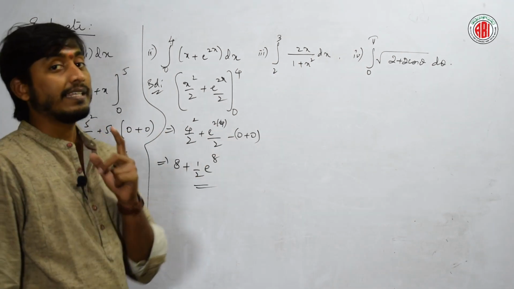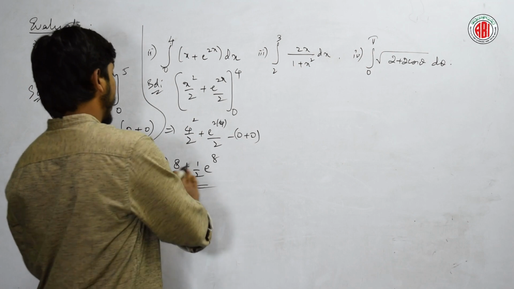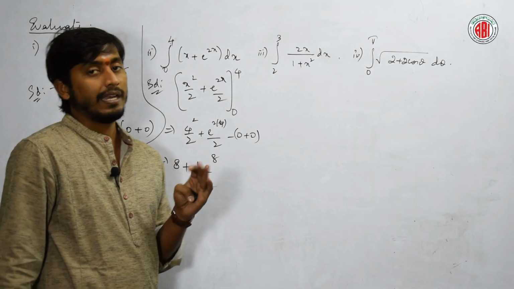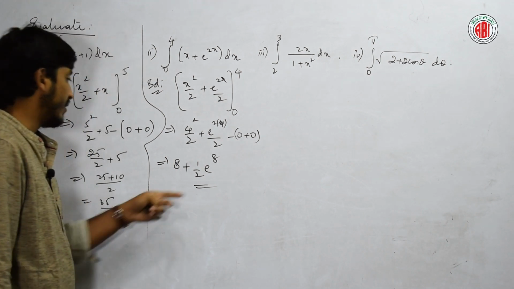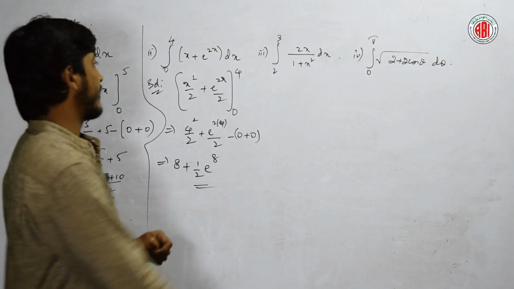Right, we are not writing c here. Why? Because already it is a specific value. It doesn't have any functions or any dependent thing. Right, there is a number, there is a number. Yes. Next,